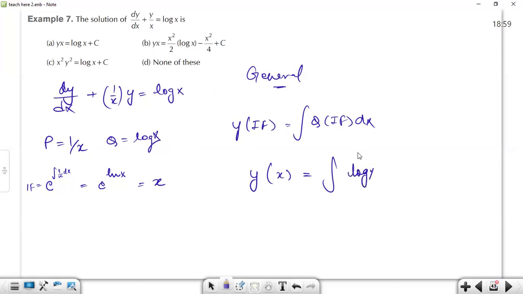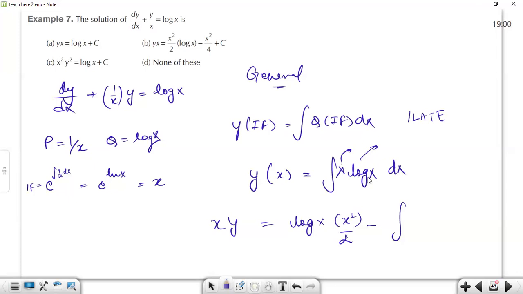Logarithm of x. Integration factor is x dx. Now this will have its ILATE formula. x is an algebraic function and this is a logarithm function. So the first function will be logarithm. So first function into integration of second function, which will be x squared by 2, minus integration of